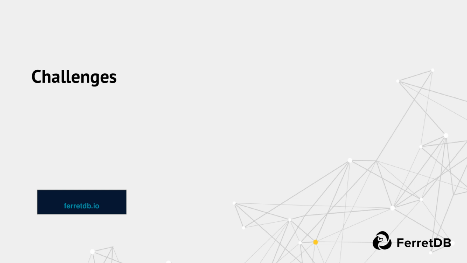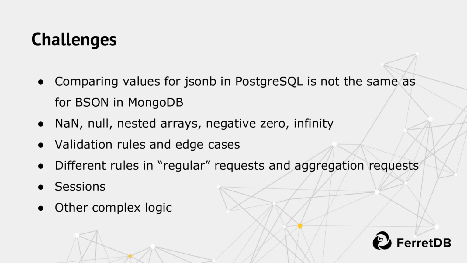For example, it's interesting, and again, probably if you think about it, it makes sense. Comparing values in JSONB in PostgreSQL and comparing values in BSON in MongoDB is not the same. When you try to order something, or when you try to just compare two values, for example, for filtering, sometimes you might have some unpredictable results. I will not show examples because it will take some time, but I will give you a link where you can